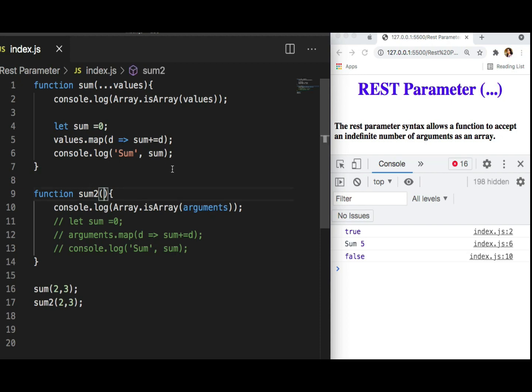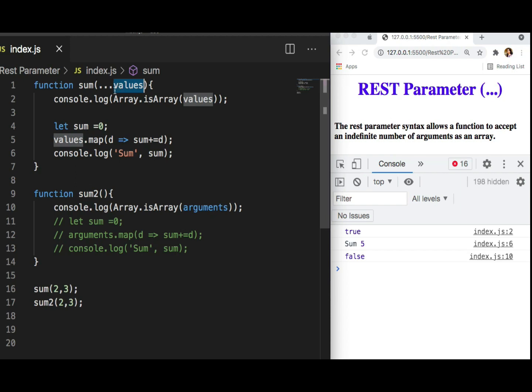So suppose we have a requirement that the first parameter here, we want to hold it like a normal variable. But other than that, all the arguments that I am passing to this function, I want to store in an array. Then in that case, arguments cannot do that, because arguments take all the list of your arguments and hold it into the arguments property. But here in the rest parameter, we can decide how many values you want to give to the rest parameter and how many variables you want to handle individually.